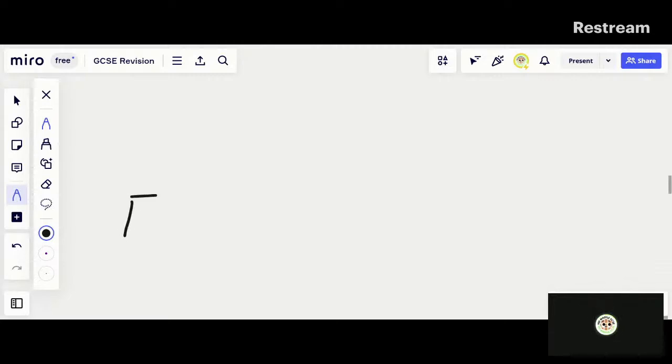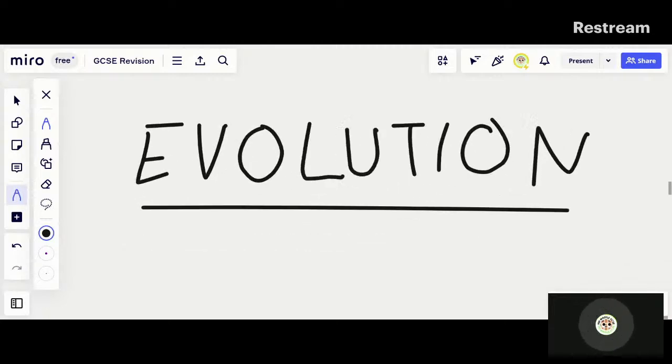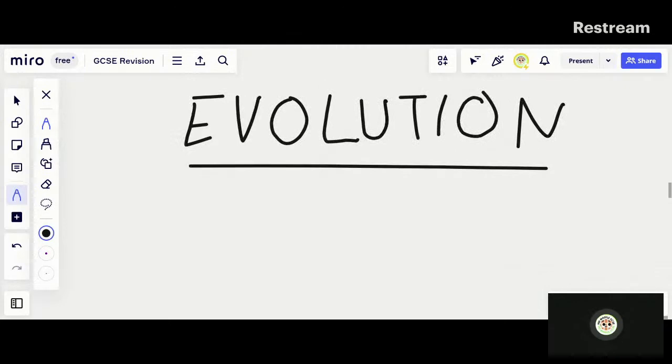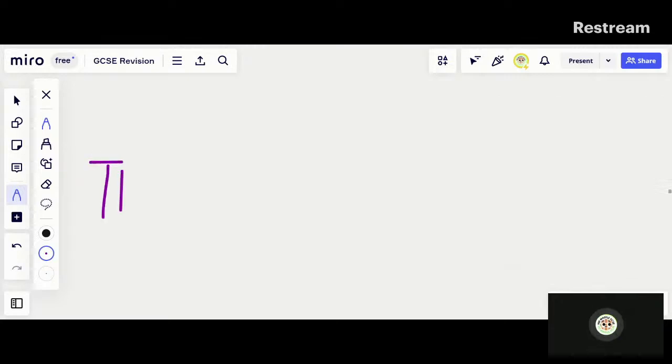So, a lot of times they ask you, or they could ask you in the exam, to define what evolution means. In order to define evolution, you may actually be asked more about defining the theory of evolution. So, let's look more into the theory